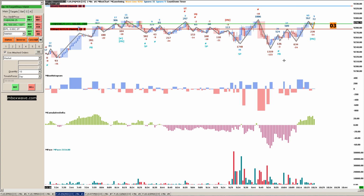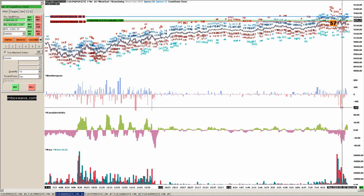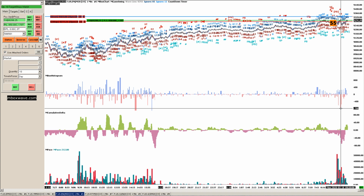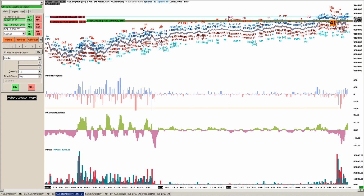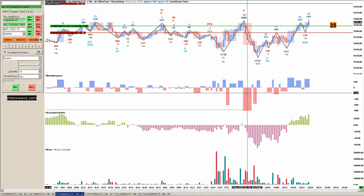If we zoom out here, the first thing that I wanted to show was, we have a lot of selling right here. If we compare it to the previous day, it's quite a bit, right? To me, that looked substantial. And then when I saw all this selling right here in the MBox Delta, and then just a fail